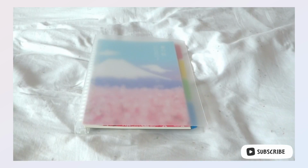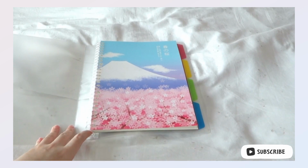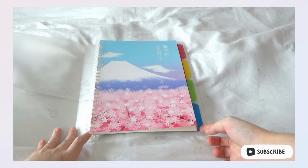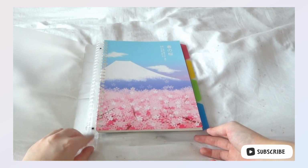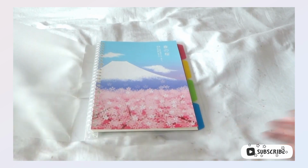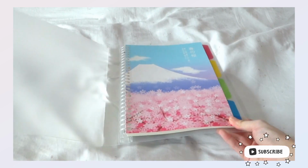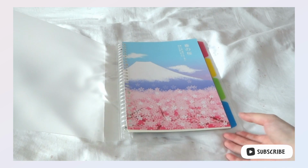So next thing we have is a binder notebook. What is a binder notebook? If you can see, this binder notebook can fit a certain amount of pages, and to put more, you just have to open this and fit those with holes. What I like about this is that it's also really affordable. If you make a one-time purchase and just keep purchasing the refills, it costs less than actually purchasing